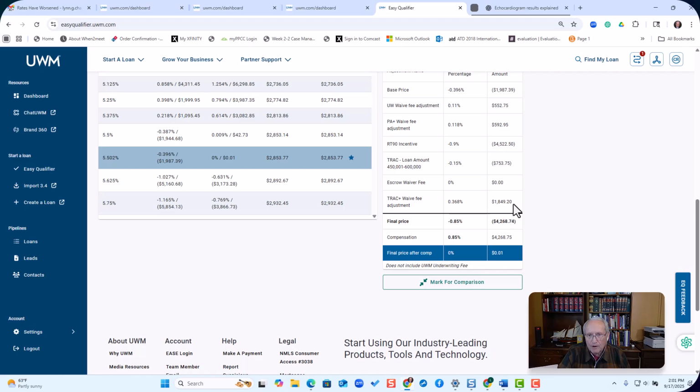So you subtract from this cost of $1,800, this $700, so your title costs are about $1,100, which are probably cheaper than Colorado title companies. Colorado title insurance and closing services are among the lowest in the country. Texas is among the highest. So using Track and Track Plus for Texas loans would be a great idea. Maybe it doesn't make that much sense in terms of Colorado. And then here is my compensation,